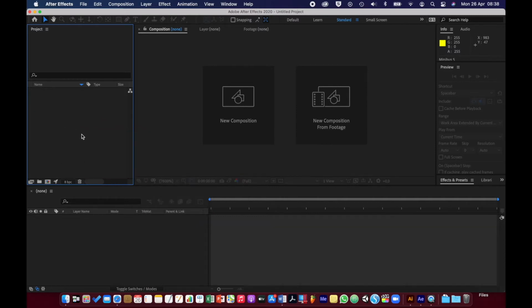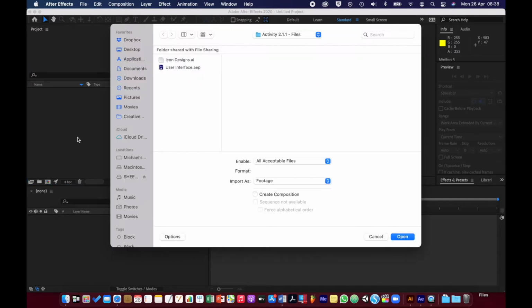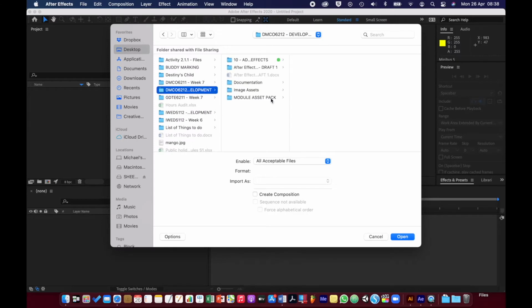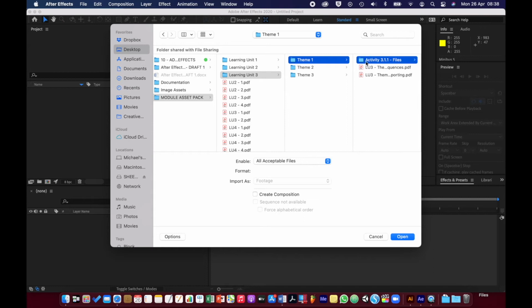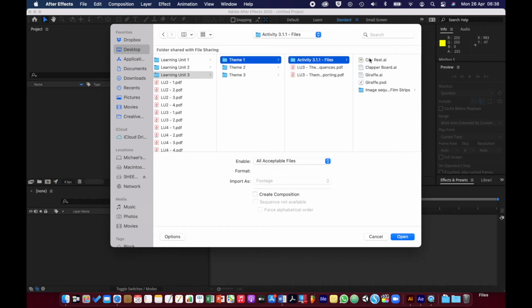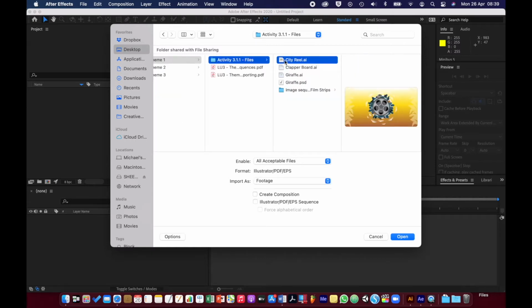So I'm just going to use the double click method. I'm going to double click in this blank area of my project panel, and I'm going to go to Activity 311 files. So you can see here I've got several different files. I'm going to bring them in one at a time so that I can show you how best to do this. So I've got an Illustrator file called City Reel, and I'm going to bring it in with its